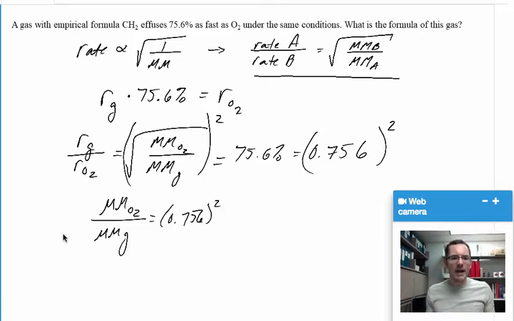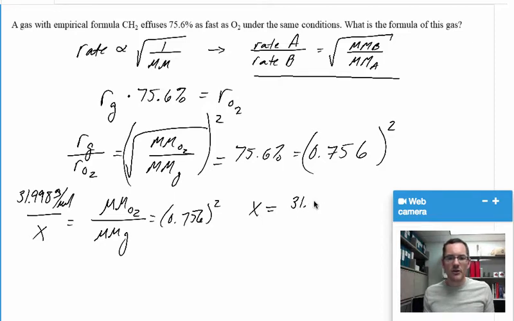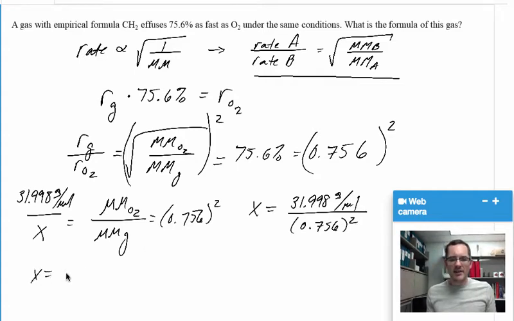And since the molar mass of our gas is unknown, I'm just going to call that X. Molar mass of oxygen is 31.998 grams per mole. So my X value, the molar mass of my gas, is going to be my molar mass of oxygen, 31.998 grams per mole, divided by the 0.756 squared. And I get a molar mass of my gas equaling